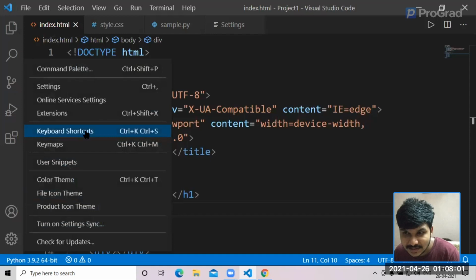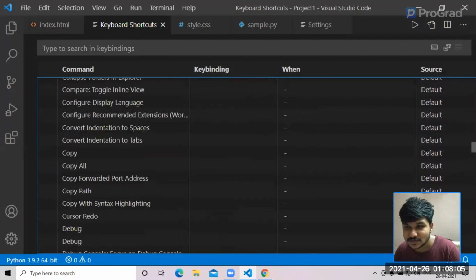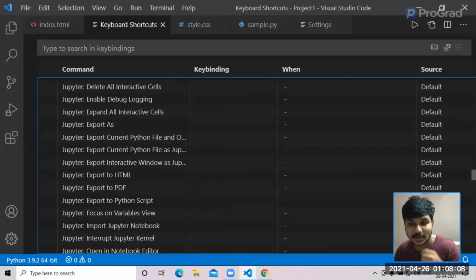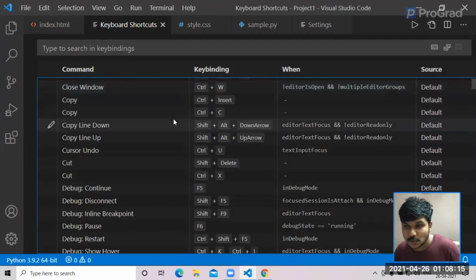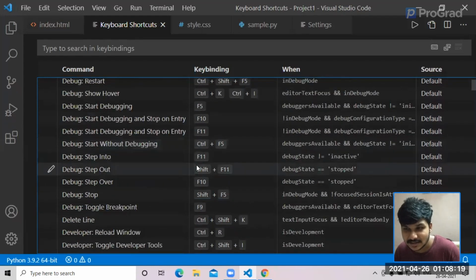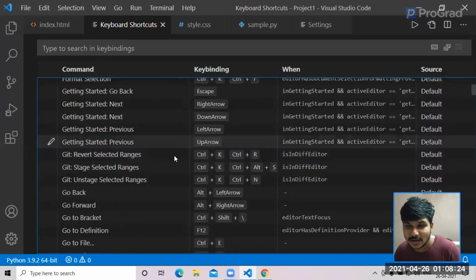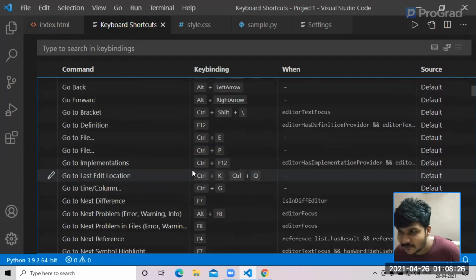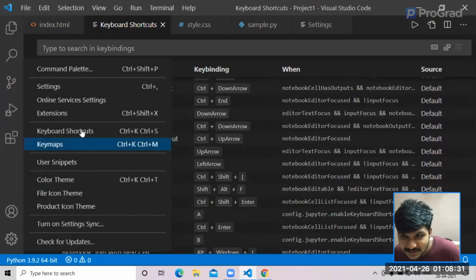Obviously you can go and select keyboard shortcuts in here, which lists thousands and thousands of shortcuts, where you can go and type and check whether it works in your Visual Studio Code or not. Okay, so you have Control C for copy, debugging pause, debugging restart, debugging step in too. You can obviously go and scroll down and check. You obviously have all those kinds of shortcuts. If you scroll down, it keeps on going. Okay, so go to the settings and click keyboard shortcuts, and you will be able to arrive at that page.